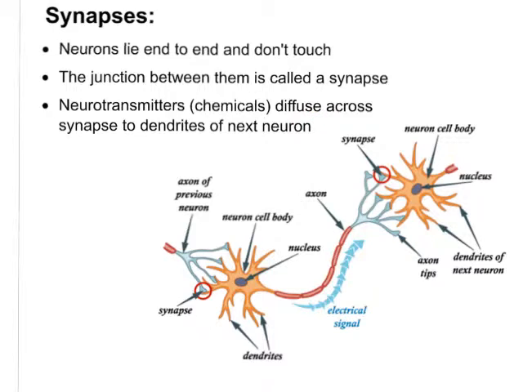neurotransmitters will diffuse. Neurotransmitters is a long word for the type of chemicals that diffuse across that synapse. They go from the axon of one neuron to the dendrites of the next neuron. And this picture shows this idea, however, it appears that they're actually touching. They don't actually touch. There is a space in there. That synapse is the space. And across that space, the gap is basically bridged by these neurotransmitters or chemicals. They diffuse across the synapse to the next neuron.